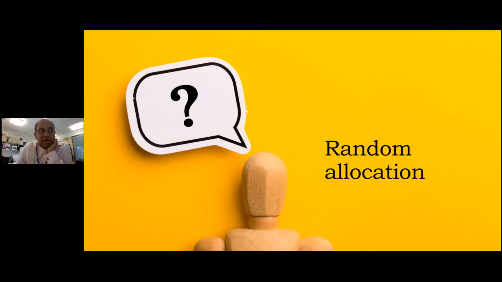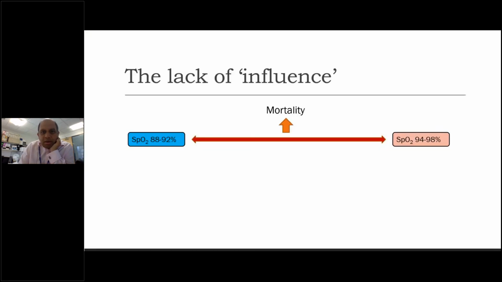I won't go into too much more detail. We can have questions later, but we're covering the last points very quickly. Random allocation. The whole point of randomization is that you or your friends or your colleagues or your registrars or nobody has influence on care between the control and the intervention. So here I've just given you an example: let's say you want to randomize patients to either having saturations of 88 to 92% when they're ventilated, or SATs of 94 to 98% when they're ventilated, and you're interested in finding out if it makes any difference to their mortality,